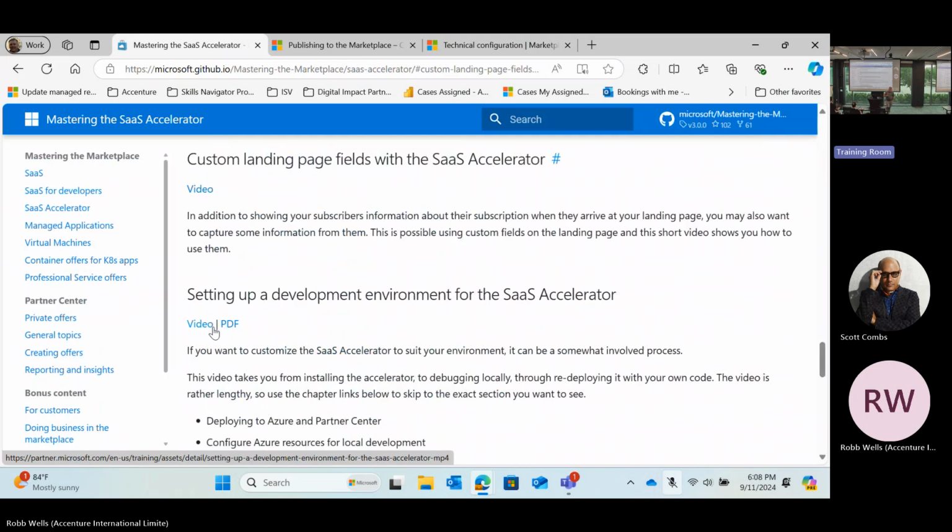Now, there's a pre-built SaaS accelerator that's housed on GitHub that has the code, right? So essentially, all you have to do is follow the directions in the documentation. It's going to go over to GitHub and show you the code. You're going to copy the code. And if you want, there are 2 default places at the bottom where I think you can add in a tenant ID and one other thing that it asks for. So copy the code to a notepad, add those 2 lines at the bottom of the notepad. When you go back into the Azure CLI, you run that script, and that's going to create the landing page, and it's going to create the webhook that you need